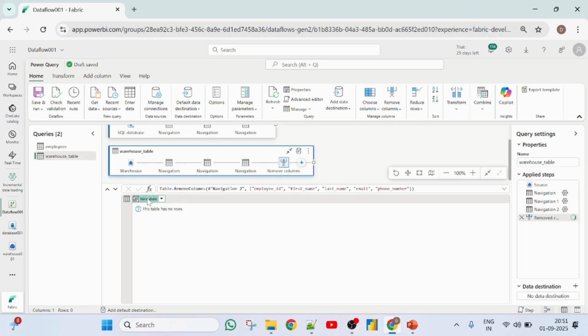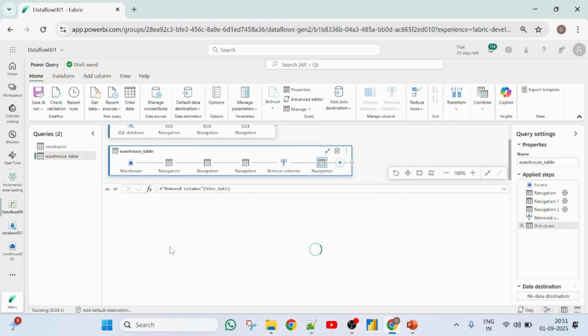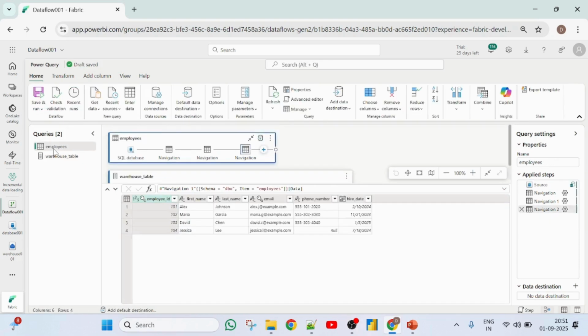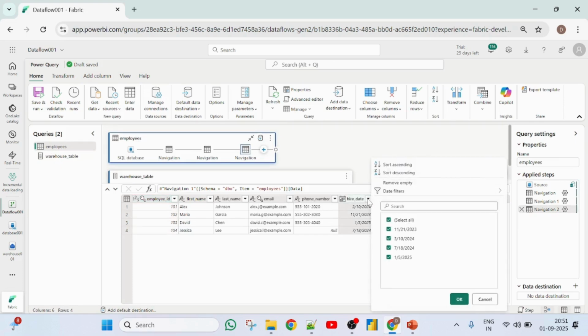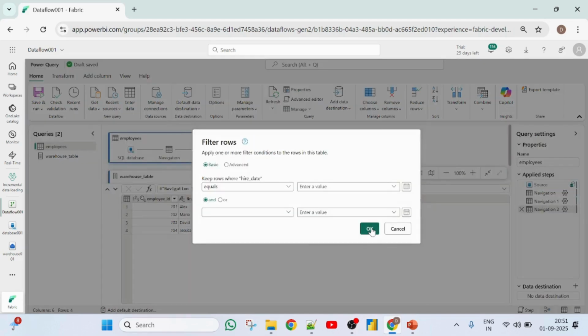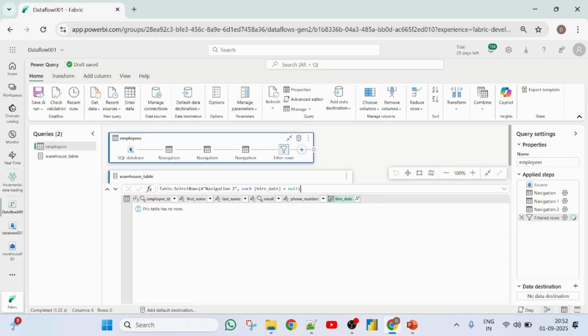Convert this column into a list. Now I have to apply a condition for incremental data load. Click on hire date, date filter, click on equals, click OK. Now I am going to apply a condition for incremental data load on the basis of max hire date. So it is greater than or equal to